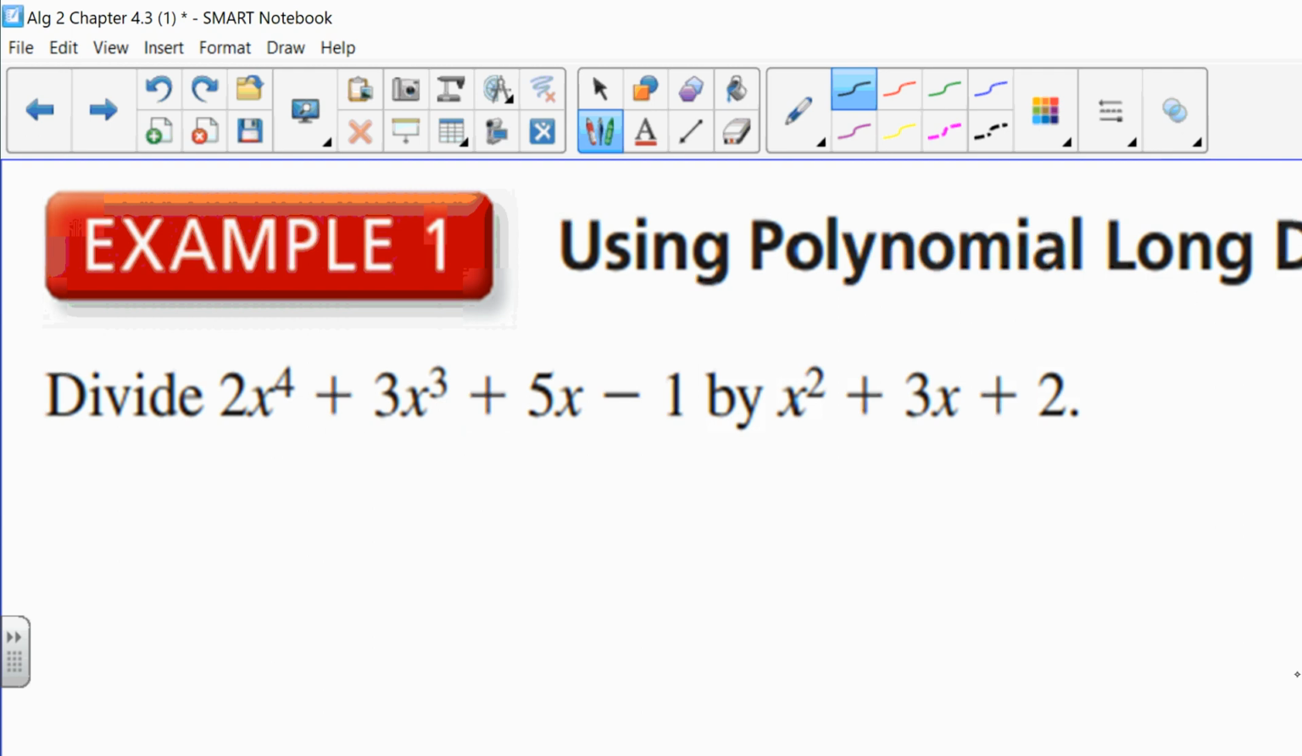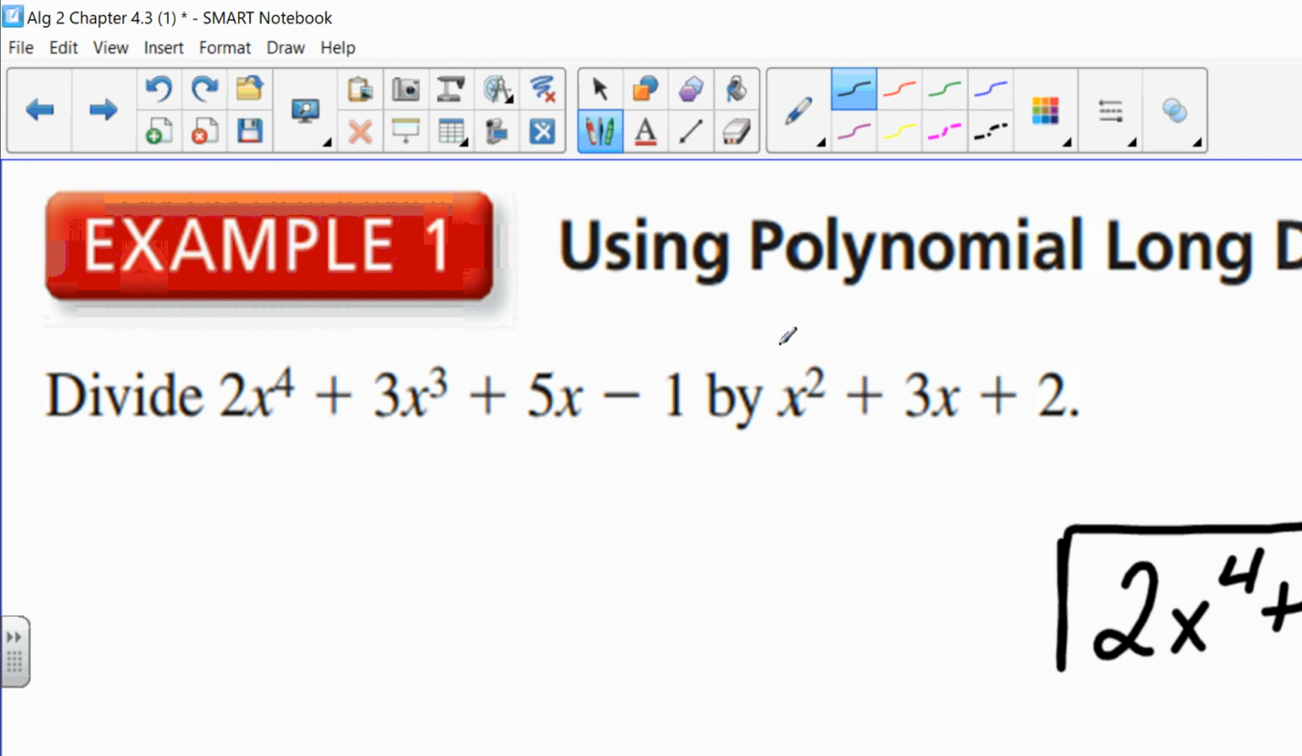Let's look at another one. Okay, so let's go on and just get this set up. So Caleb, what would we write first inside? 2x to the fourth power. Yep. Plus 3x to the third power. Plus 5x minus 1. Well, almost. Plus 5x. And